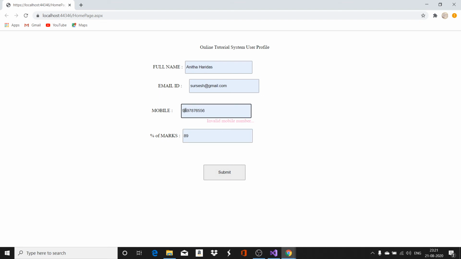Okay, this is not right. It is some error. Let us check what is the error here. What happened? Now let me close the application.